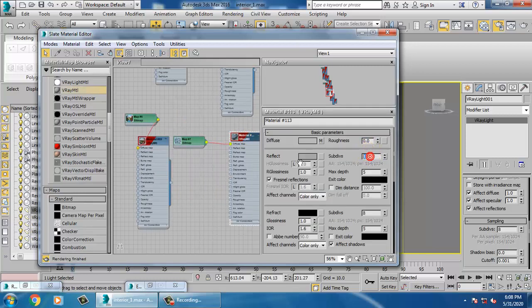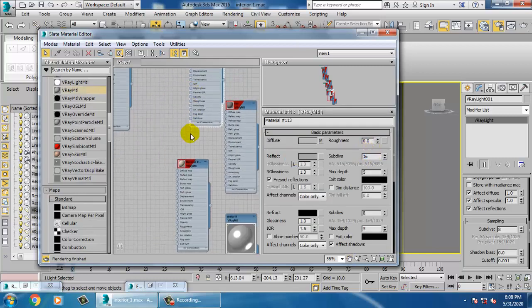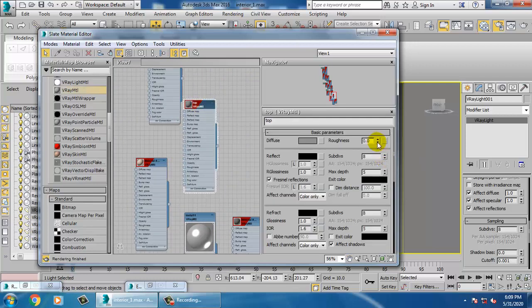So just go on increasing its subdivisions.